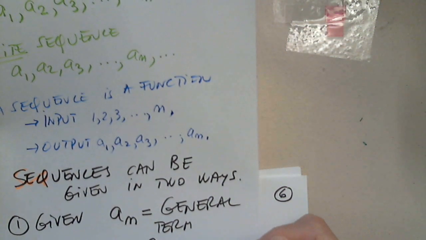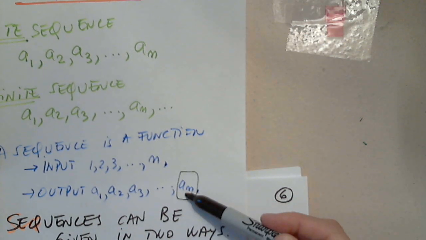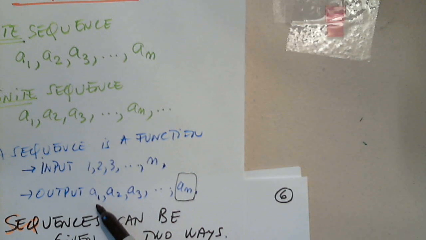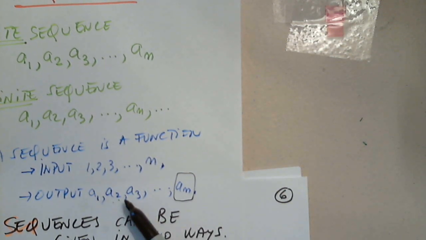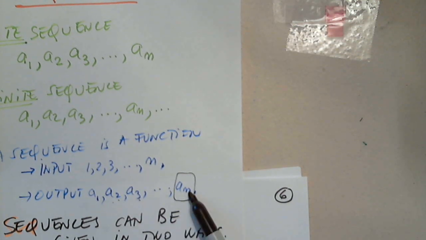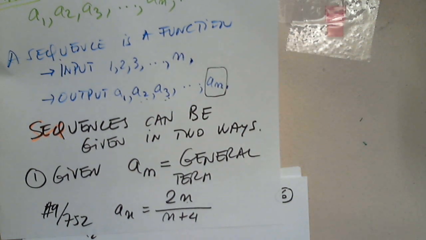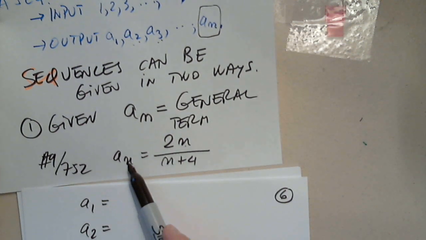How do I determine this? Well, this is the general term. How do I determine A1? Plugging in 1 for n. How do I determine A2? Plugging in 2 for n. Again, here, plugging in 3, and so on and so forth. All I have to do is just plug in 1, and then plug in 2, and then plug in 3, and perform the calculations. So when n is 1,